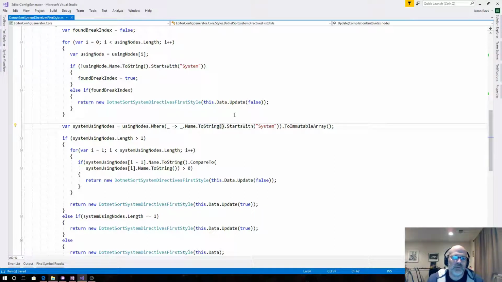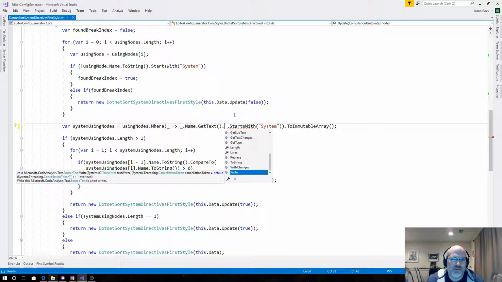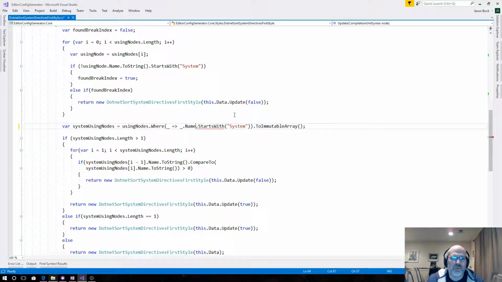Technically, I probably should be doing get text, and then that's a source text, and then text changes, length to string with changes, right. There's probably a good reason why I should do that, and why I shouldn't use toString. What was the other one? There was a toFull, wasn't it? Yeah, toFull string, full string representation. No, I don't want that. I just want toString for now. Again, this may not be the right thing, but it works. Anyway,